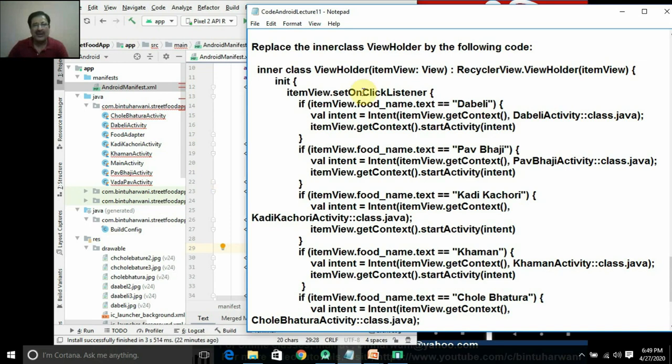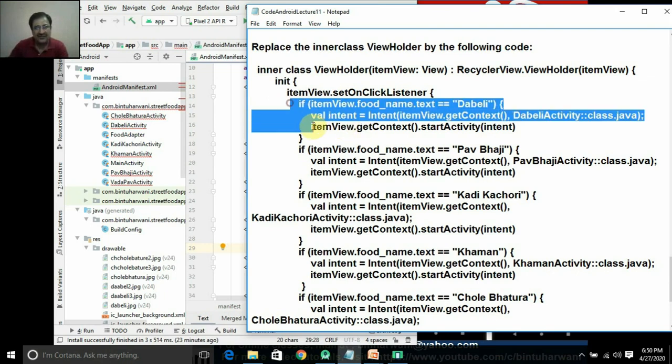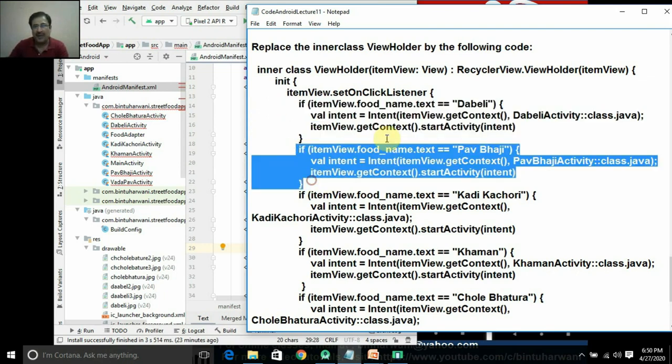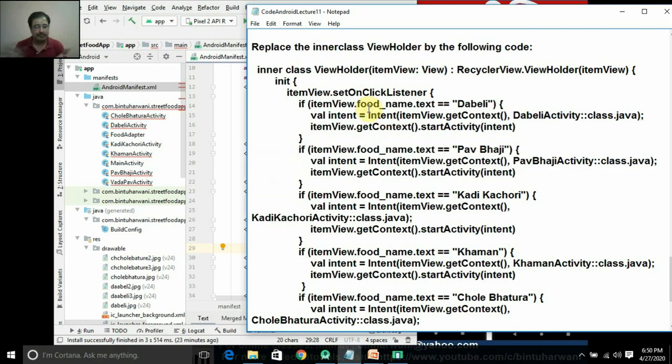So what you're doing is adding an event handler, set on click listener, on the item view. Item view means any of the street food, the view holder, right? So you are saying that you please add a click listener to all the view holders, to all the item views. That is, if anybody clicks on any of the item views, that is the view holder, you want these if statements to be checked. And what it is doing is checking. I just told you that every card view has 3 components: food name, food detail, and image view.